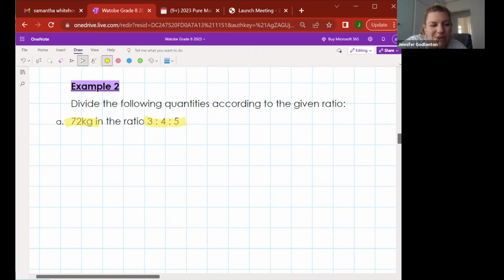Just give it your best go. See if you can dig really deep in your brain and see what you can remember. Oh, no problem. After this question, I'm just going to make a little note to myself. After this question, we'll pop back up and I'll let you take a screenshot of example